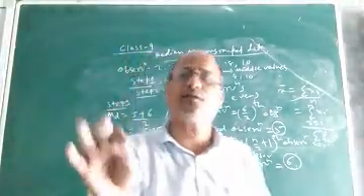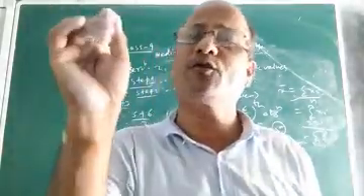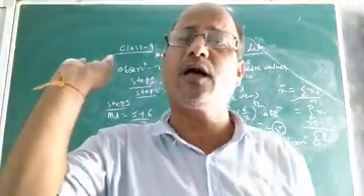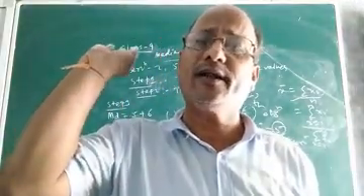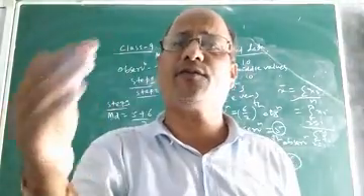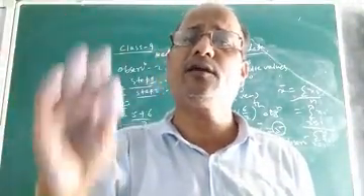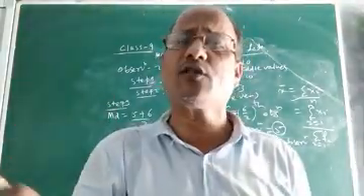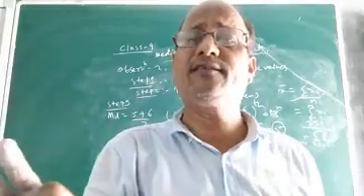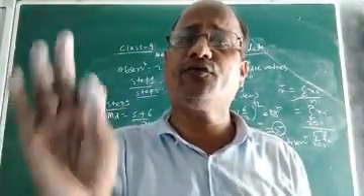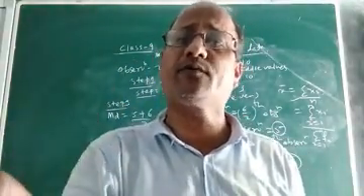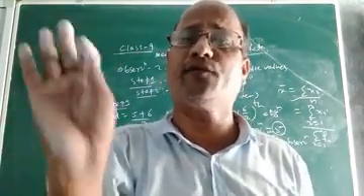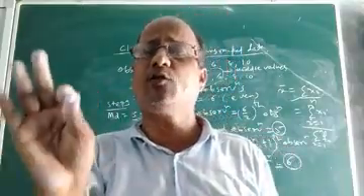Children, I hope you understood how to find the median of ungrouped data. This was something you had read in class 7 also, but as you might have forgotten, I discussed it so that it will be recalled and you will be able to solve problems on median. So with this I discussed all three measures of central tendency, that is mean, median and mode: how to find the mean of ungrouped data or an ungrouped frequency distribution, the median of ungrouped data, and the mode of ungrouped data. I discussed in detail.